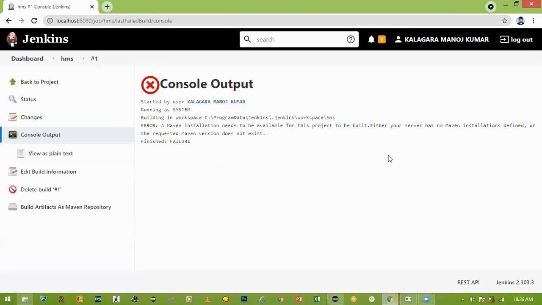Console output. See, it will show. Sir, a Maven installation needs to be available for this project to be built. Either your server has no Maven installation defined or the required Maven version does not exist.